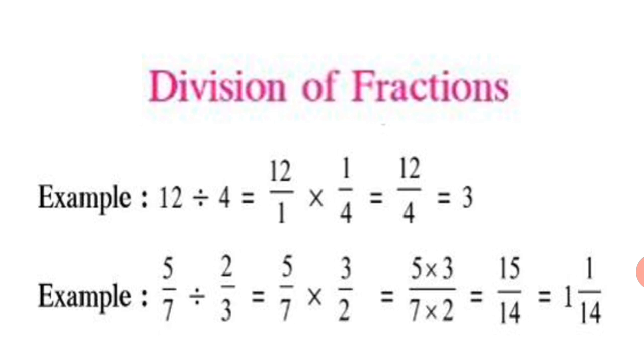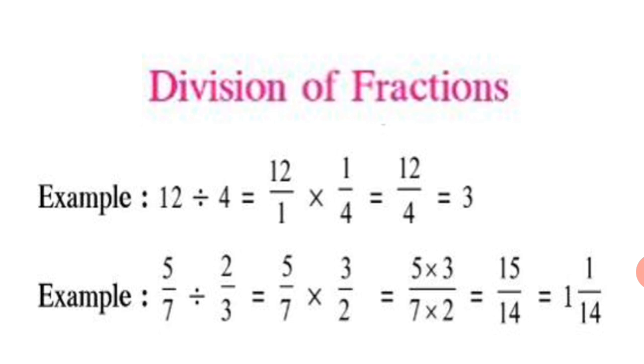Division turns into multiplication, and when division turns into multiplication, we write the reciprocal of the next number, that is 4. 4's reciprocal is 1 upon 4. Now multiply. 12 ones are 12, numerator into numerator. 1 fours are 4, denominator into denominator. And divide it. 4 threes are 12, final answer 3. You can divide first if you want and then multiply, whichever method you find easy. Okay, let's see example 2.